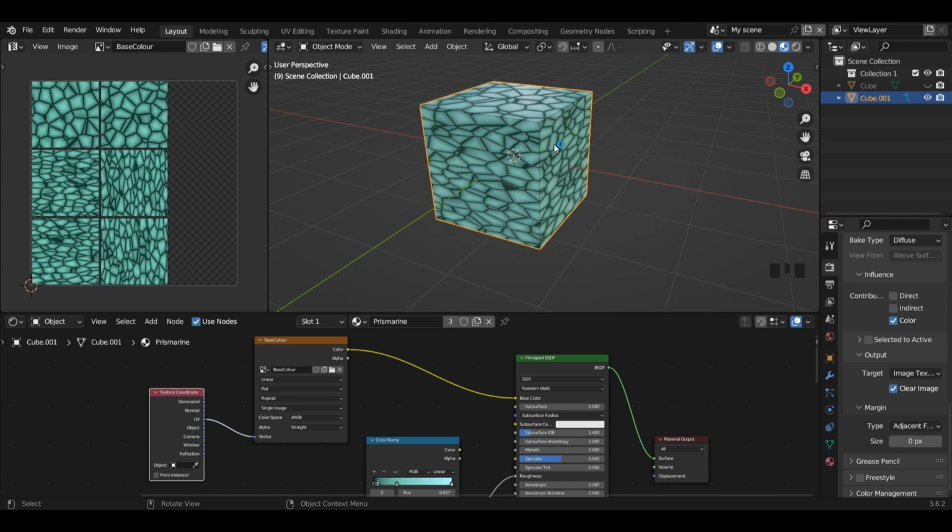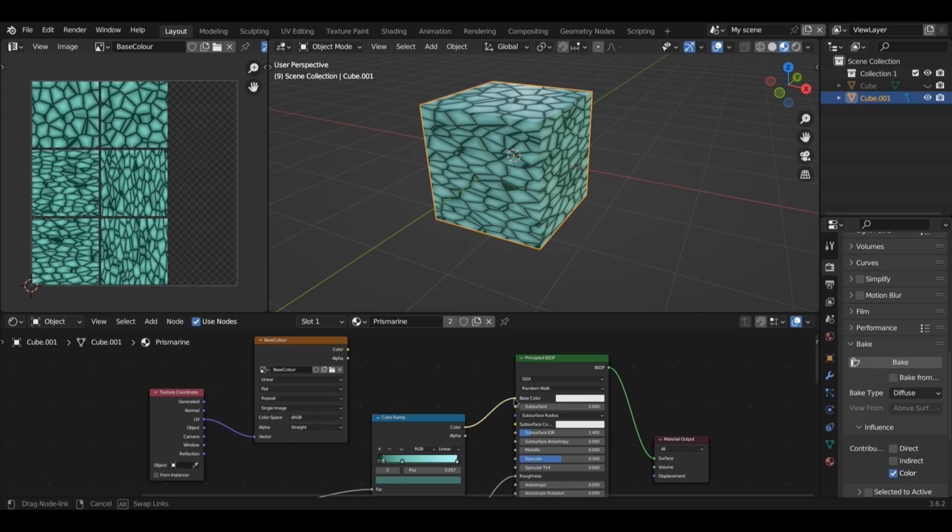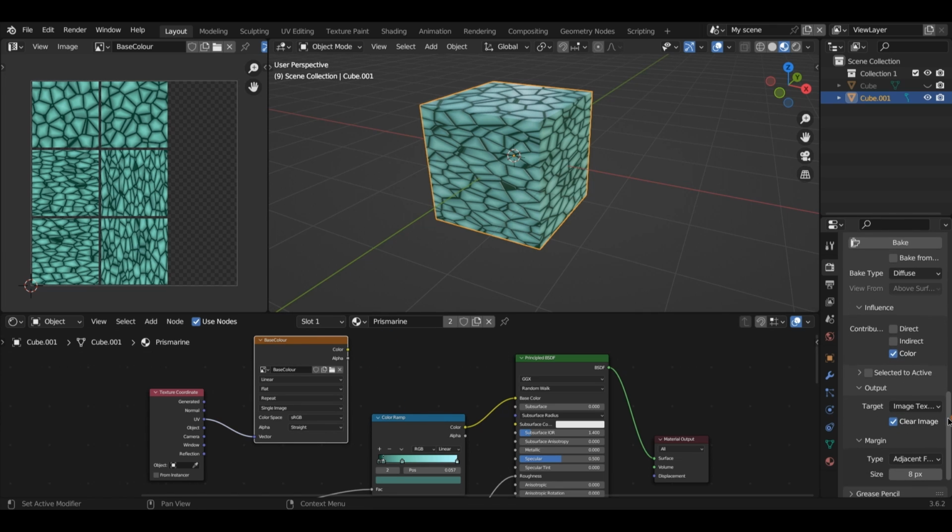Some of you might have noticed already, but we've got a couple of lines for our bake here, and that's because we haven't set a margin. So to fix this issue, I'm going to left click my base color, and I'll give myself a margin of, let's say, 8. Now I just need to take my base color for my procedural material back into the base color, since that's what we're going to be baking from. I'll reselect my base color texture,